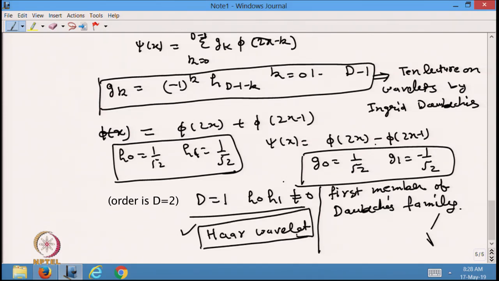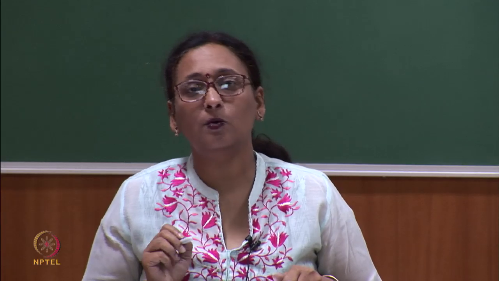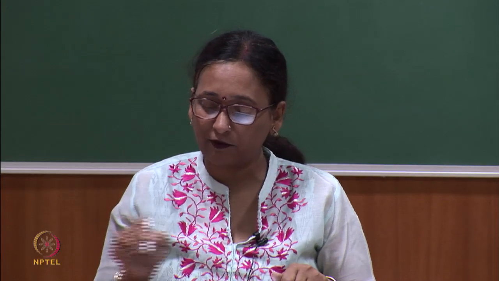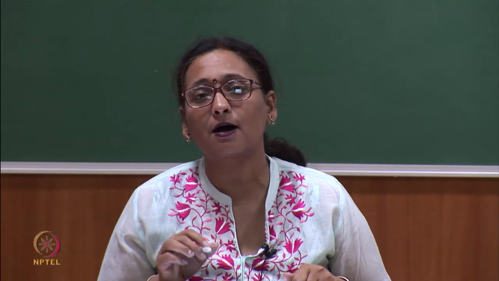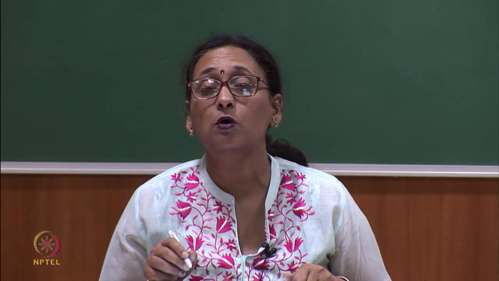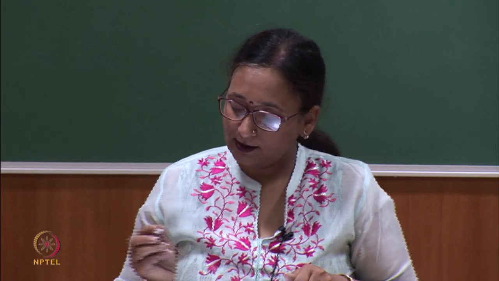Fortunately, when we were constructing wavelets of the Daubechies family, we ended up that when D is equal to 1, the scaling function corresponds to a box function and the wavelet function corresponds to the functions which I stated in my last lecture. So, that was also a Haar wavelet. Why is it also called the Haar wavelet? Because Alfred Haar is the name of a scientist who separately discovered this as a basis function. Okay. So, that was the idea.